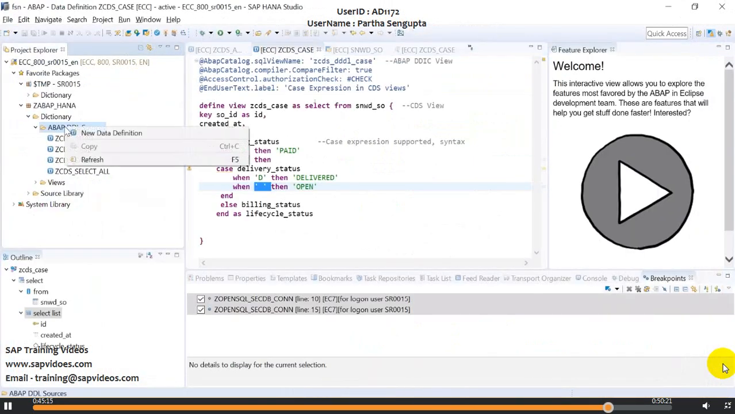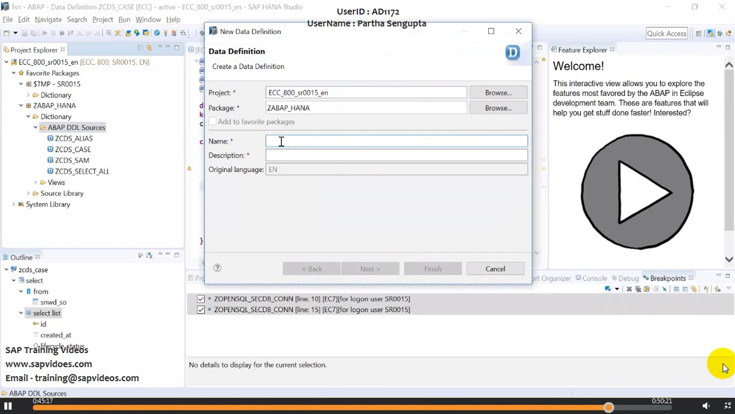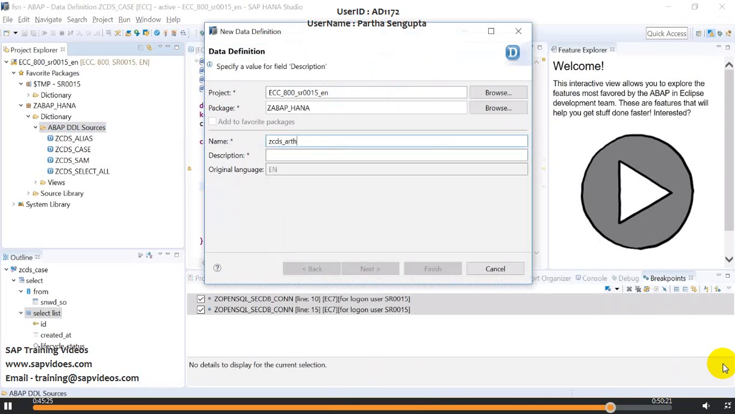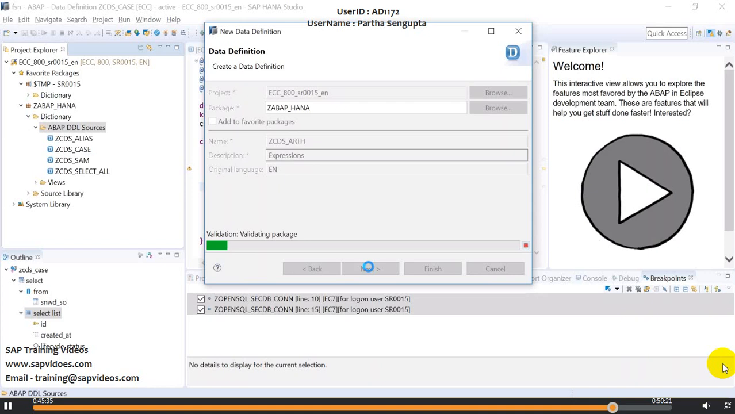You have to remember one thing: your CDS views cannot be debugged here because this is a database view. So an ABAP view cannot be debugged when you're creating it. So that's why I'm just creating a CDS view. Okay, expressions, string expressions or any expressions. So clicking on